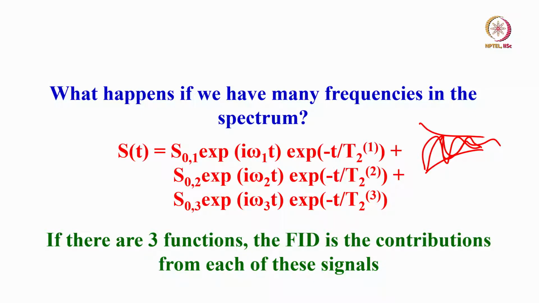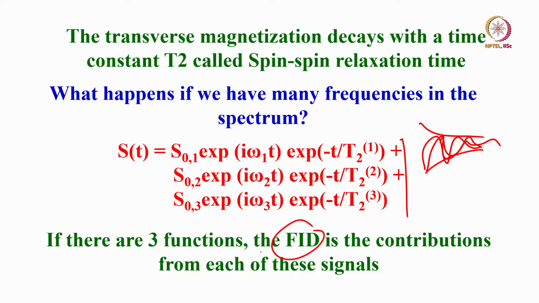So if there are many frequencies present in the spectrum, in the time domain there are many free induction decays overlapped. It is an interferogram. And you do the Fourier transformation, you are going to get that many frequencies present. I took the example here, there are 3 frequencies. In the time domain you have 3 free induction decays and in the frequency domain after doing the Fourier transformation, you are going to get 3 frequencies. Okay.